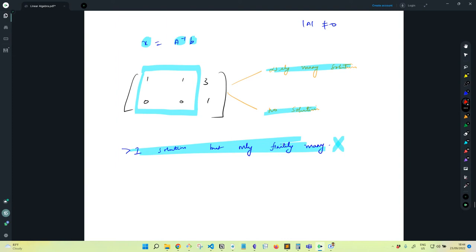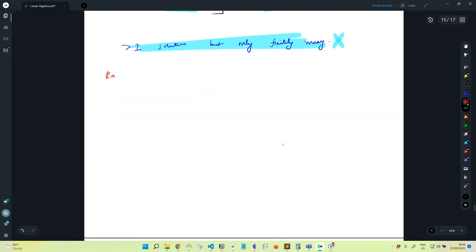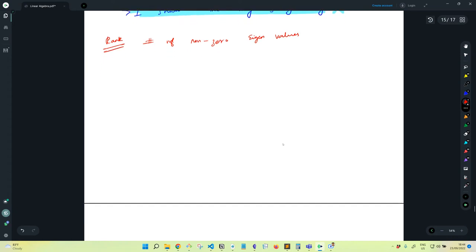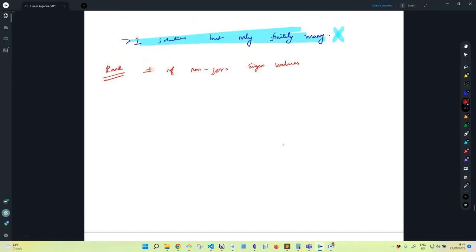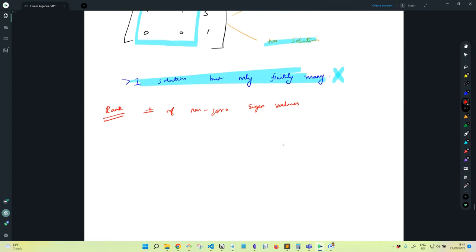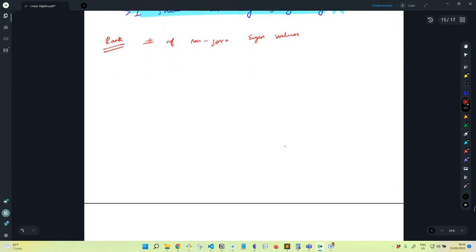Now to differentiate which matrix falls into which of these two cases, we need a concept called rank. Now the formal definition of rank comes from eigenvalues, etc., but here I don't want to get into that. For those of you who remember eigenvalues, the formal definition of rank is the number of non-zero eigenvalues. But for this class, just believe me that the rank of a